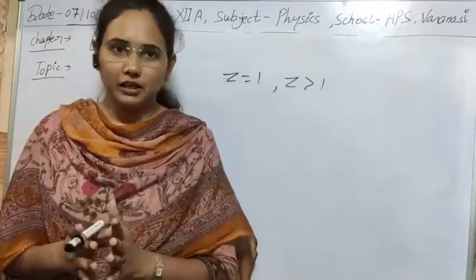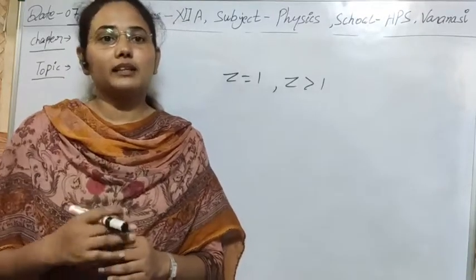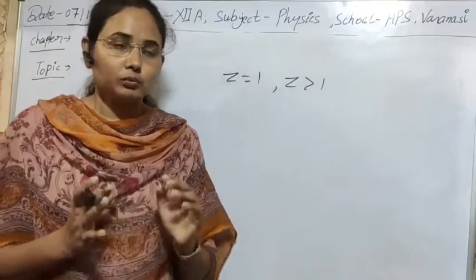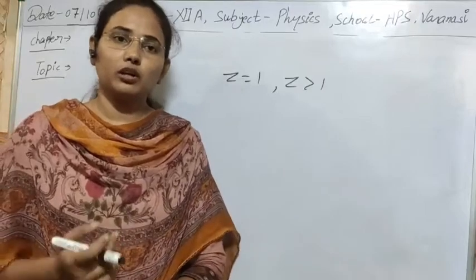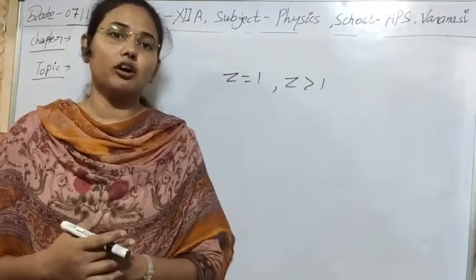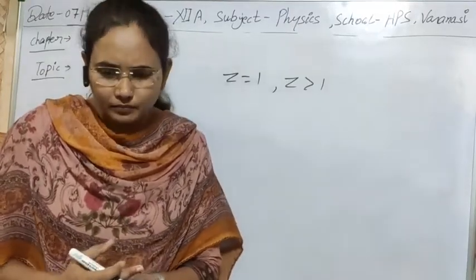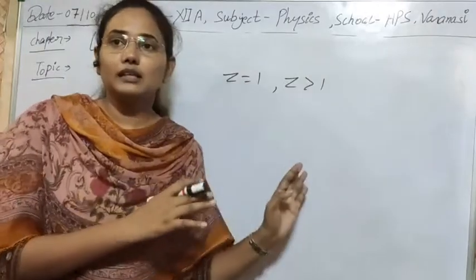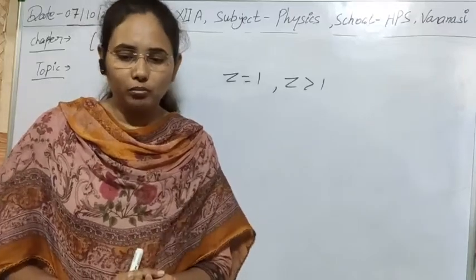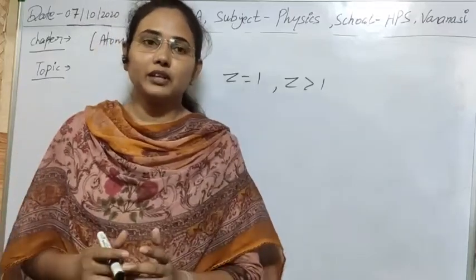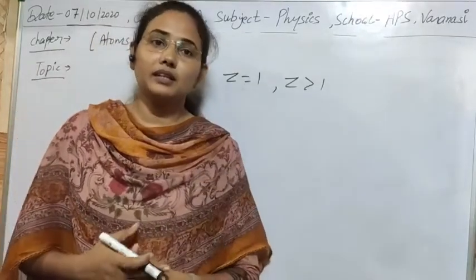So on the application of a magnetic field to the atom, energy levels are split. This effect is known as the Zeeman effect. And on the application of an electric field, if energy levels split, that effect is known as the Stark effect. Both effects were not explained with the help of the Bohr model. The Bohr model could not explain why splitting of energy levels takes place on the application of an electric or magnetic field. All these things were not explained by the Bohr model. We can easily explain only the hydrogen-like spectrum, and even then we can't explain its fine spectrum.